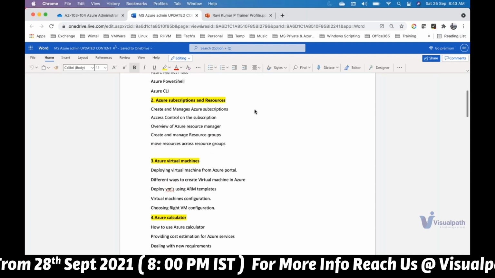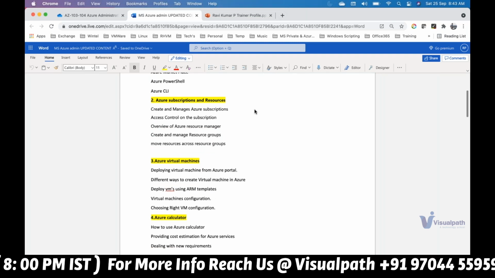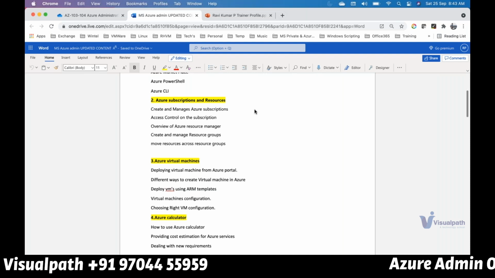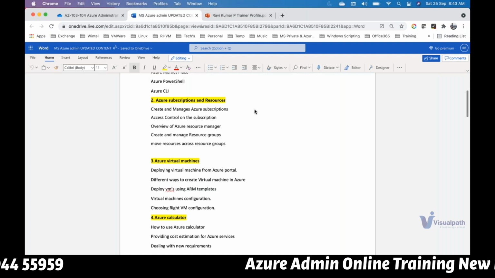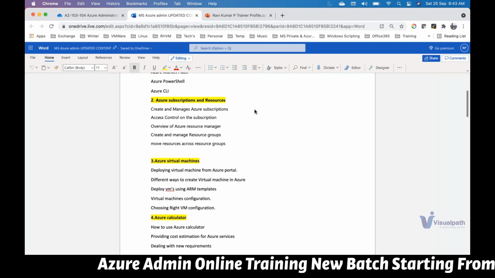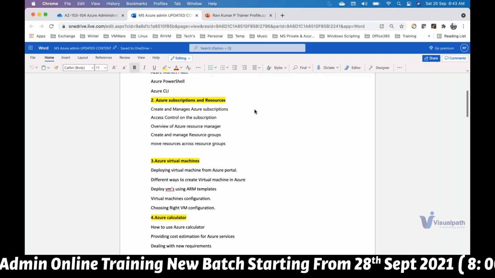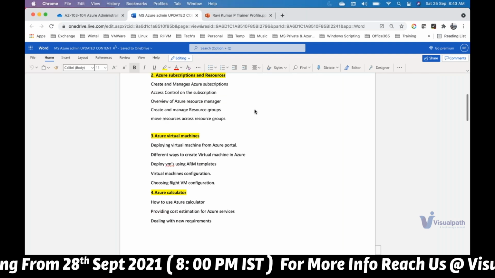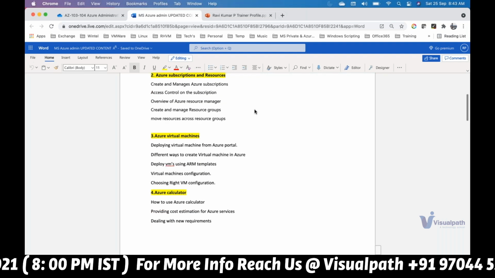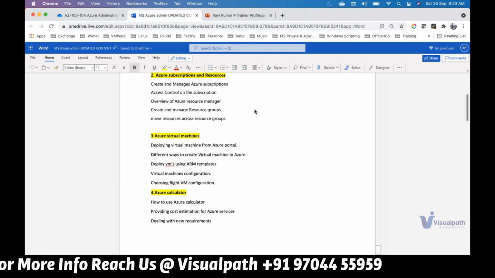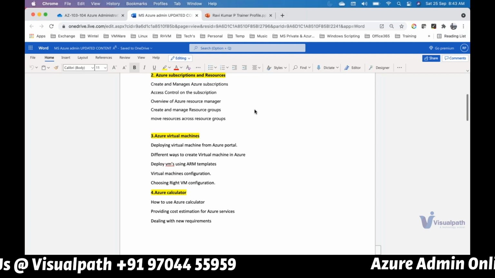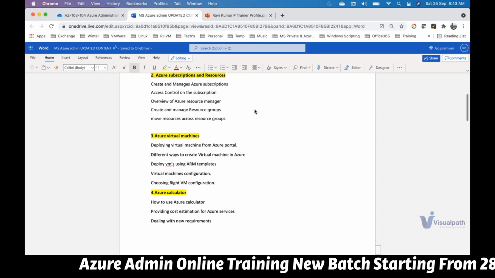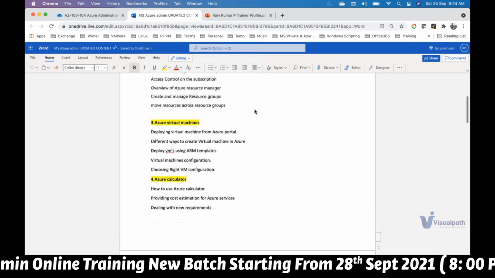In module 3, we'll be covering Azure Virtual Machines, like how you create a compute workload in Microsoft Azure. We'll cover virtual machine deployment, and as part of automation we'll cover ARM, which is Azure Resource Manager templating. We'll also look into the Azure calculator, for whenever you get any requirement. Before creating any services, you want to understand the costing perspective: how the costs are applied, how the cost is involved here, and how you're going to use it. That is what we are going to cover in the calculator part.